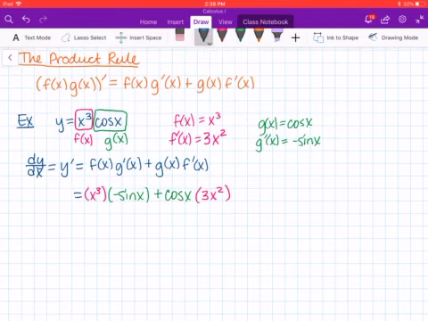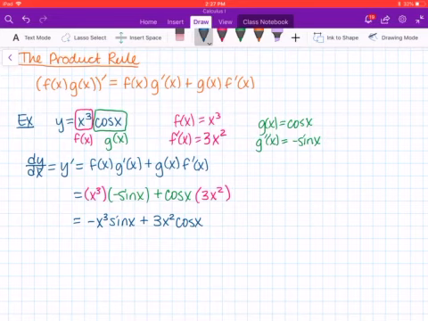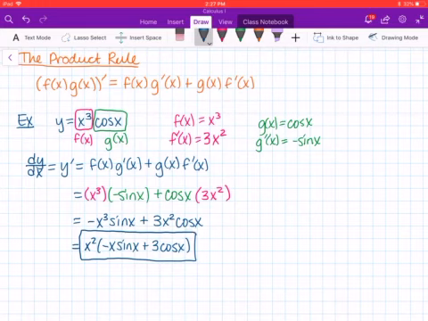Now what we want to do is manipulate this around. We got x cubed times negative sine x. Let's write the negative out front so we're really sure that it's not minus sine x. And we got x cubed times sine x. And then plus, let's write the 3x squared out front so we know it's not inside the trig function, and then multiply by cosine x. All right, now we could clean this up a little bit more. We notice that in both terms there's an x squared, so let's factor that out. We got a negative x left over, sine x, plus 3 cosine x. All right, and there we go. We found the derivative of this complicated function, and it was not so bad compared to using the limit definition of the derivative. Okay, in the next video we're going to look at some more product rules, and then